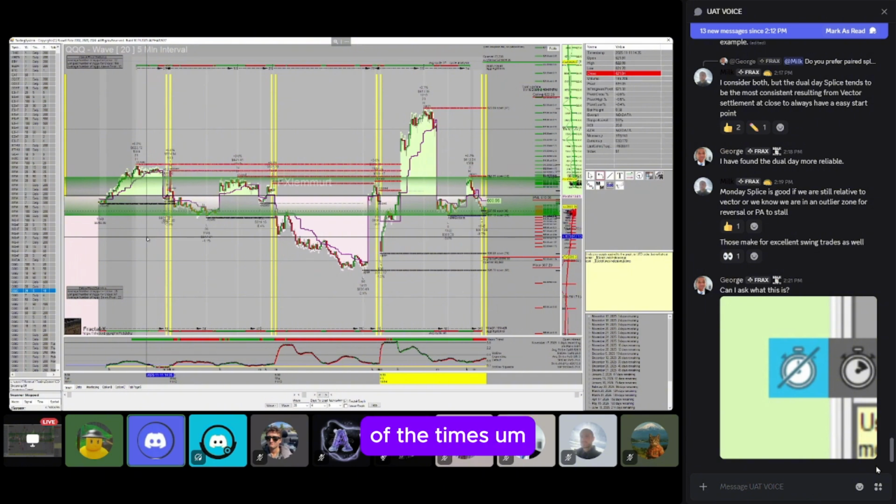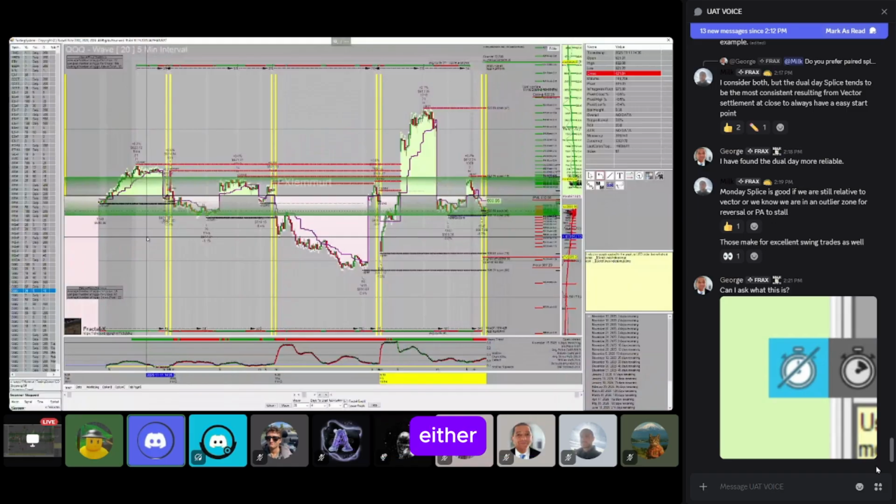So a lot of the times when I'm looking at this, if we're constrained when we open up, and we're tending to be constrained by these averages, the top of the green average or the bottom of the green average, you can kind of expect not to get much out of the trades, because people just aren't that interested.